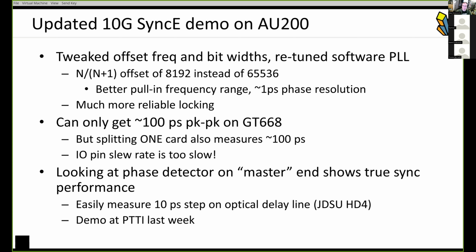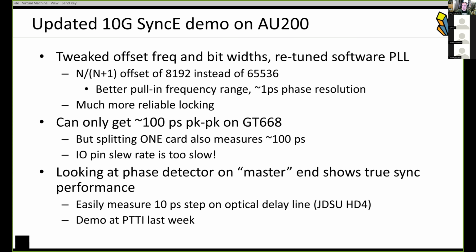So that means that some other technique needs to be used. Either there needs to be some other method for getting the timing signal out of the FPGA, right? Maybe something can be done via one of the serializers or something that has a much higher slew rate. I'm looking into that. The other possibility is to try to do the measurement directly on the FPGAs itself. I was thinking about using the GT668 mainly just to have an independent measurement of how well this thing is working. But,